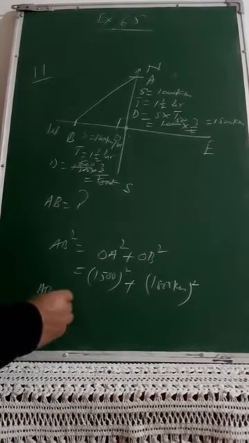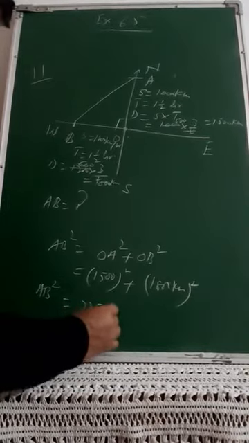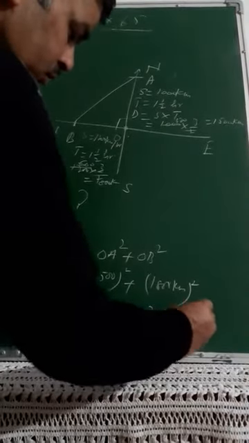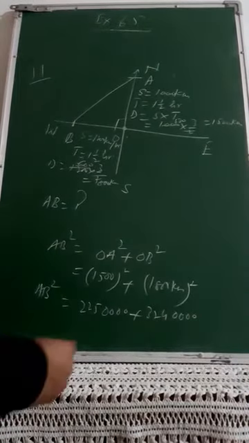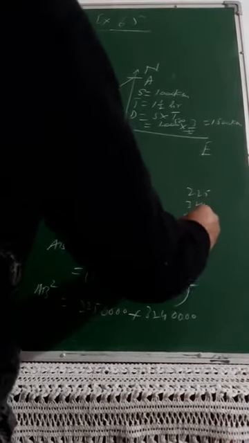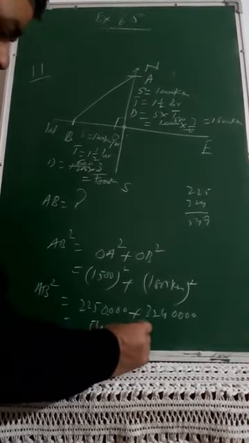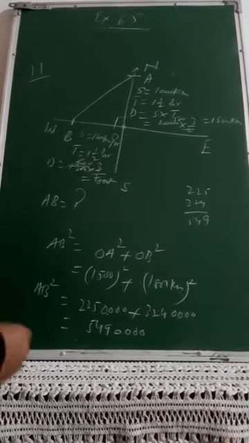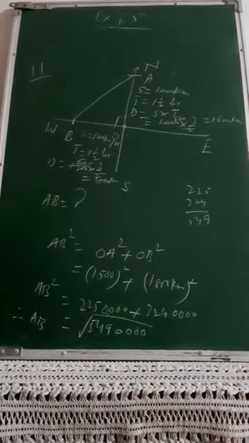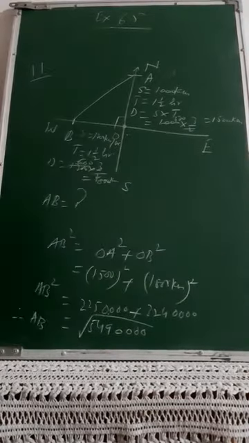So AB square is equal to, this is 225 and how many zeros? 4 zeros. 324, how many zeros? 4 zeros. So if you add 225 and 324, this becomes 549 with how many zeros? 4 ending zeros. So therefore your AB will be equal to somewhere the square root of 549 with 4 ending zeros. So to calculate this AB, what you can do is,